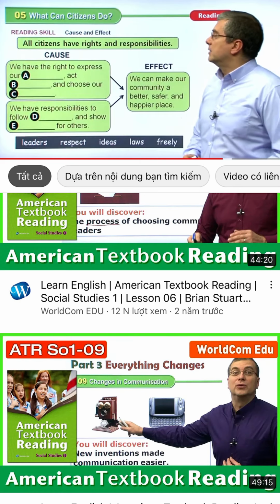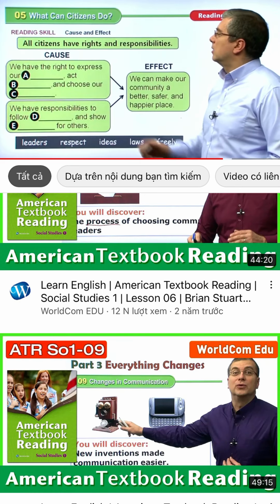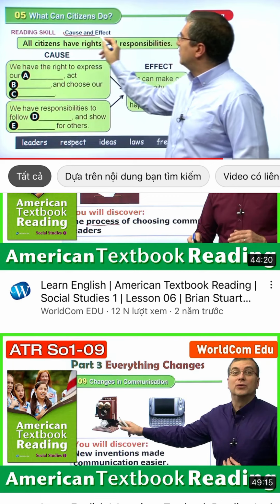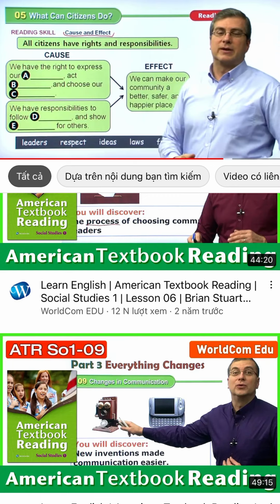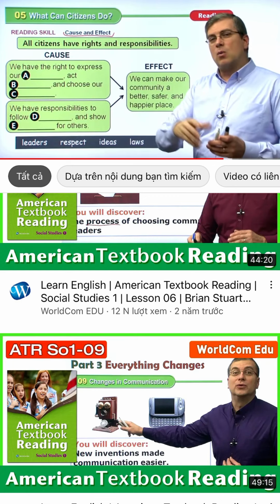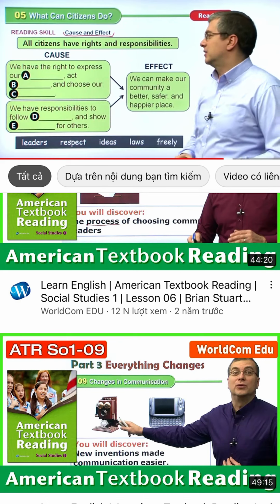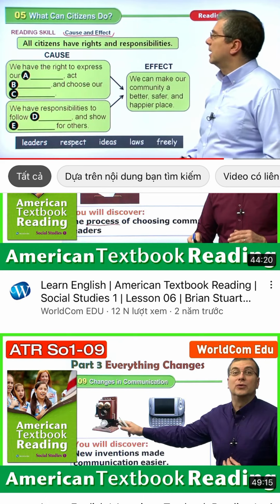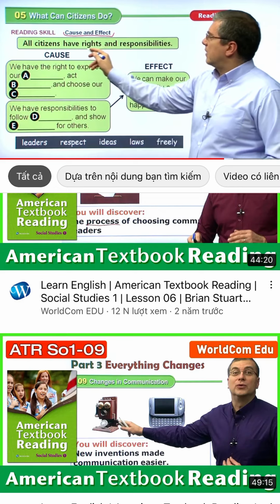Okay, let's move on to our reading skill chart. We're talking about cause and effect here. Cause and effect is like a situation or condition, and what is the result of that situation or condition. Here we have all citizens have rights